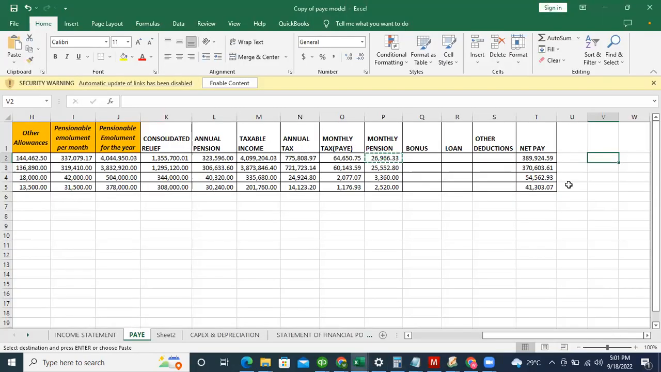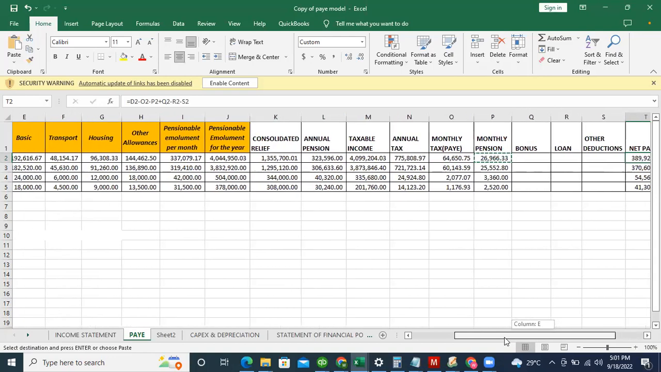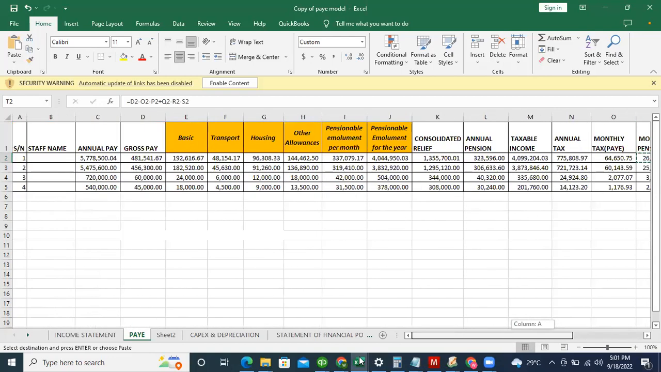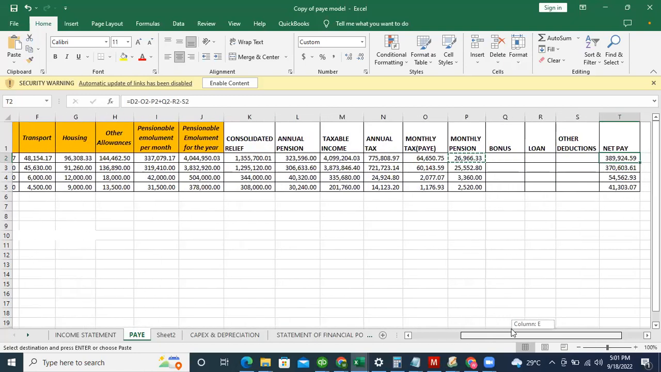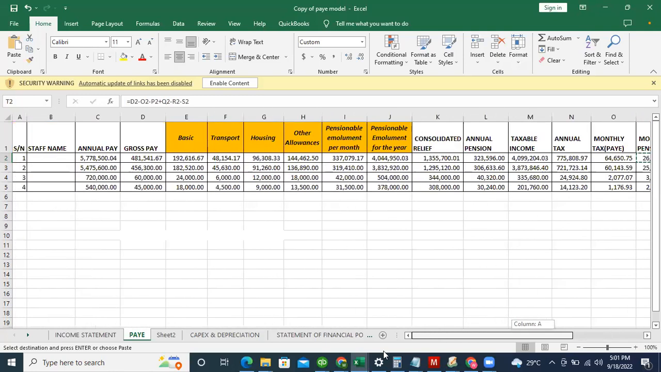But majorly you need to understand that at the end of the period, we are trying to look into how we can derive our net pay, which is very important for us. So definitely we will be capturing both our monthly PAYE tax and our monthly pension, and our bonus, which could be added, or our loan, which could be deducted, and our other deductions, which can also be deducted. So you always make sure you take note of that information, because it is very, very important,